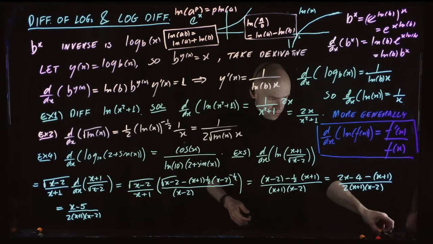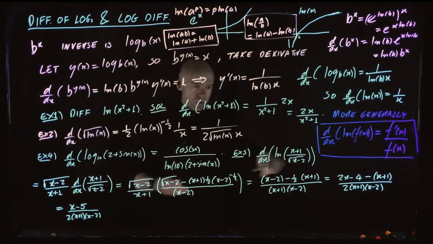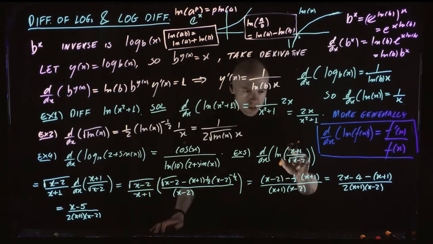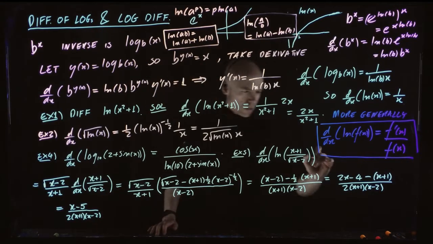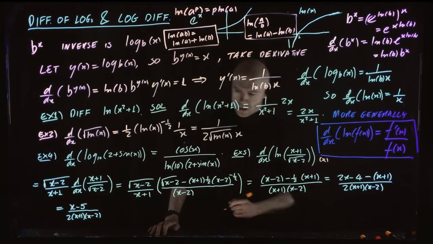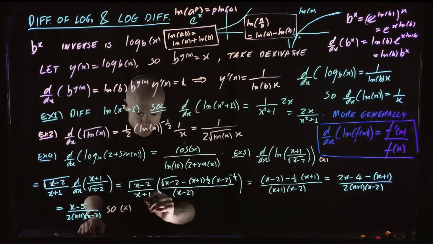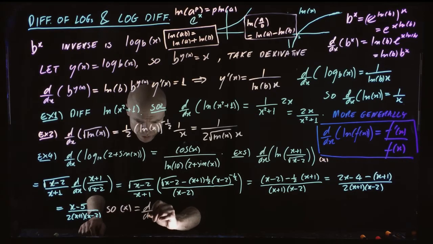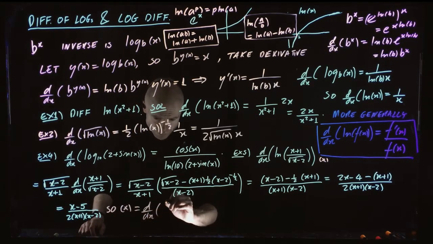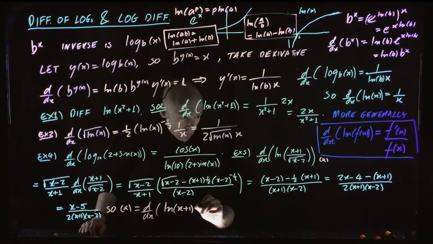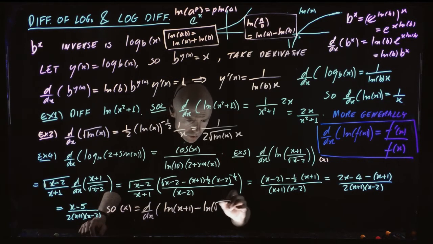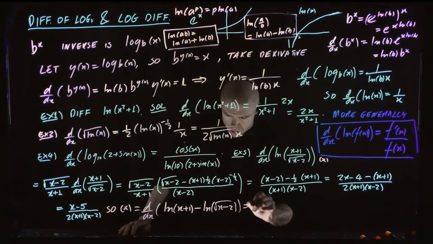So let's use this to do this in a different way, because here we have log of this thing divided by this thing. So let's call this thing star. So star is the same as the derivative of log of x plus 1 minus log of the square root of x minus 2, which is the derivative of,